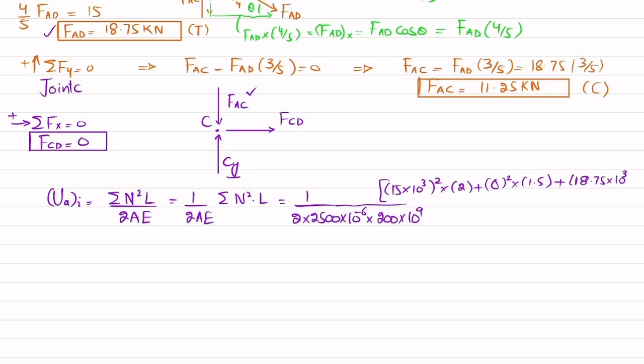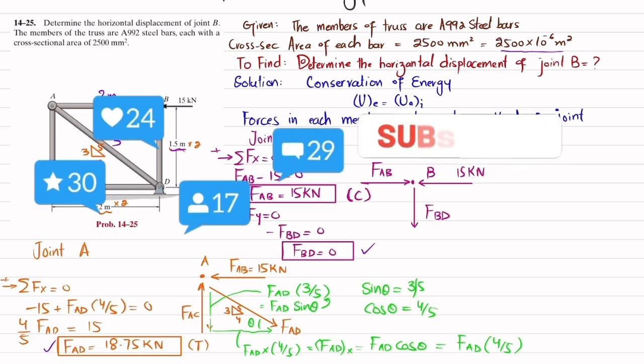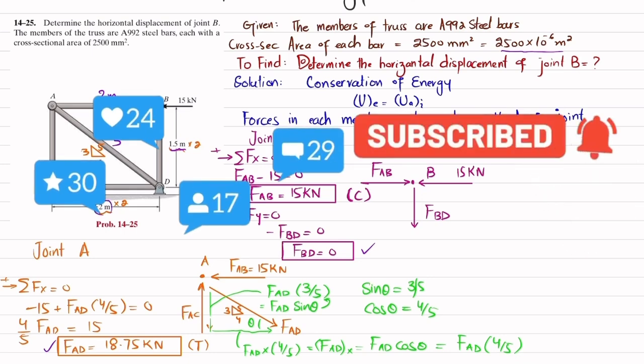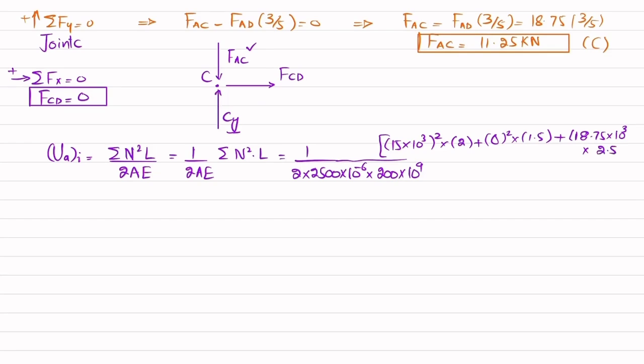18.75 into 10 to the power 3 multiplied by its length. So its length will be 5 by using Pythagoras theorem. Okay, not 7.5, this is 2, this is 1.5. So it will be 2.5 meter. Okay, so multiply by 2.5, plus